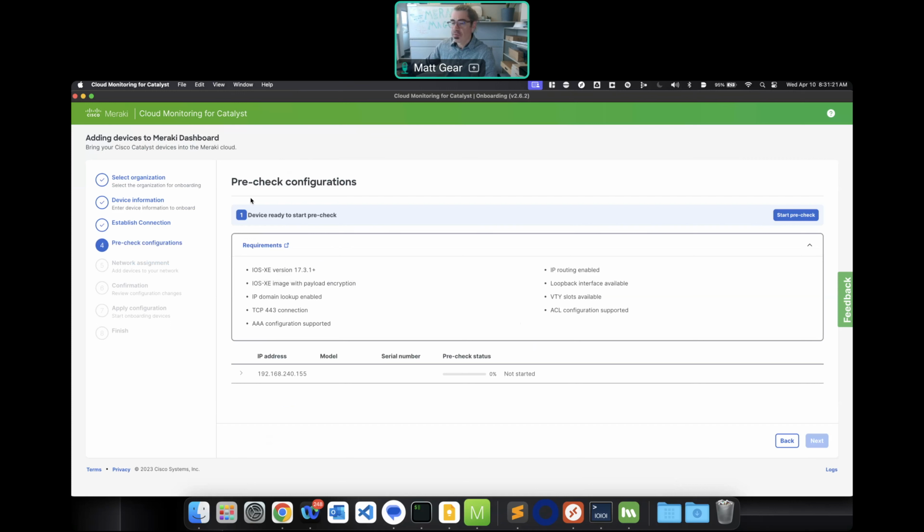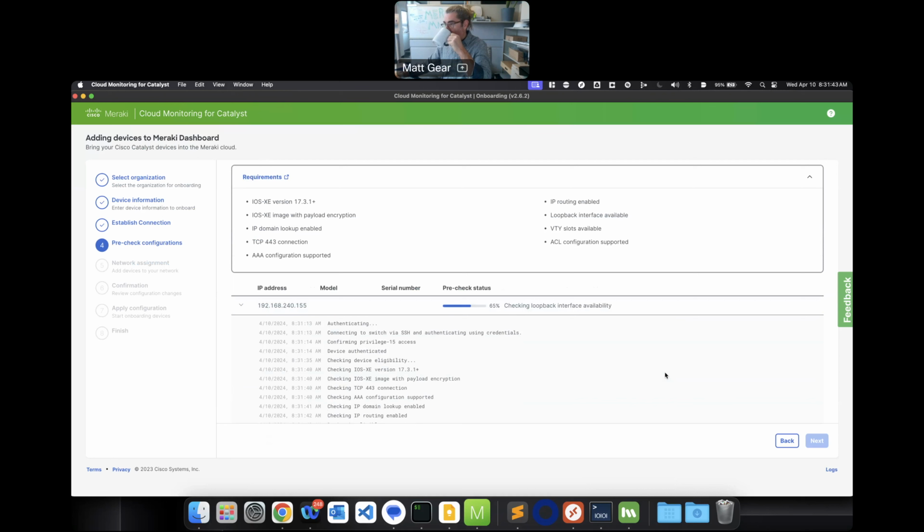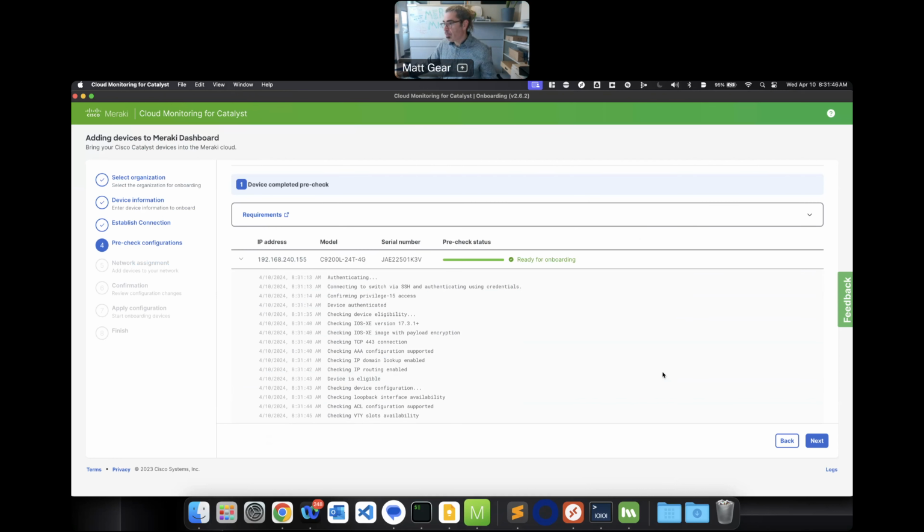Now on the pre-flight or the pre-check here, these are the things that the application is going to look at from a configuration perspective on the switch to make sure that we've met all of the prerequisites. So we'll go ahead and start the pre-check here. Okay, and it looks like our pre-check is 100% and it's ready for onboarding. So over here, if I click next,